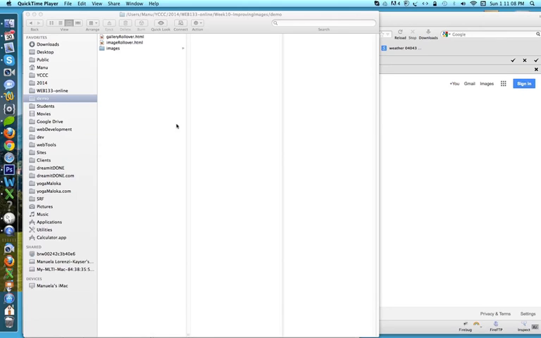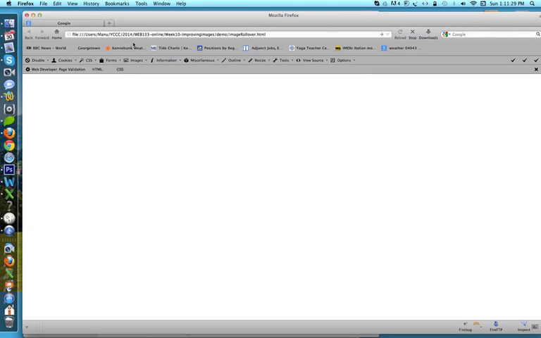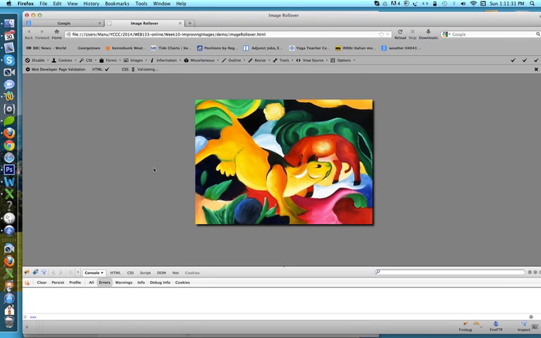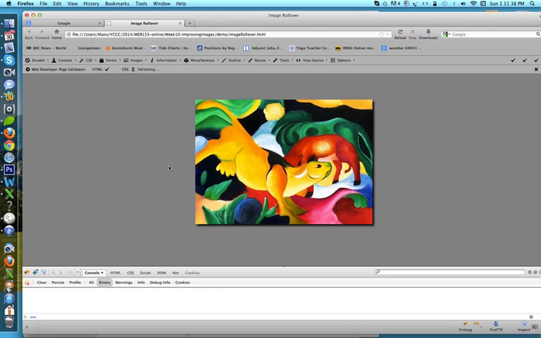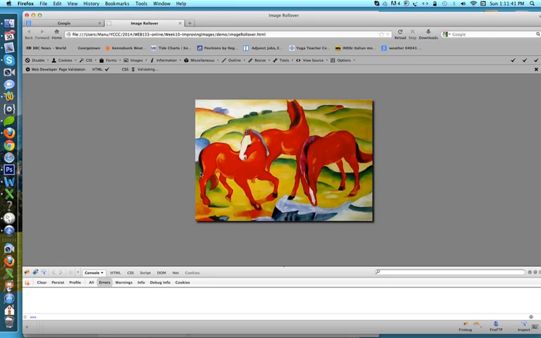Once you download and open up the zip file I provided for you, you'll see that there's two HTML files in the folder and an images folder. Image rollover.html is a complete bit of code that has all the HTML, all the CSS, and all the jQuery to work. Let's look at it for a second. It just shows an image, and when you roll over it, it changes the source of that image to display another one. This is similar to a previous homework you did,